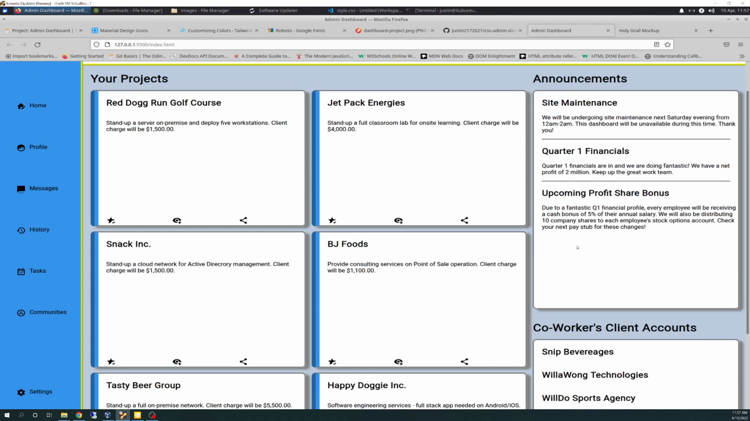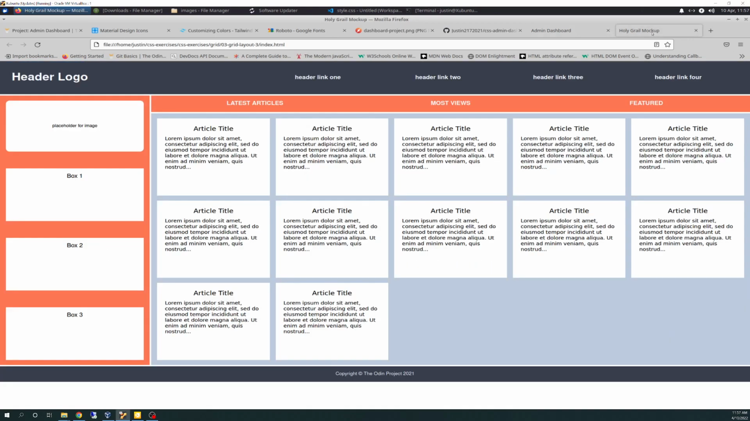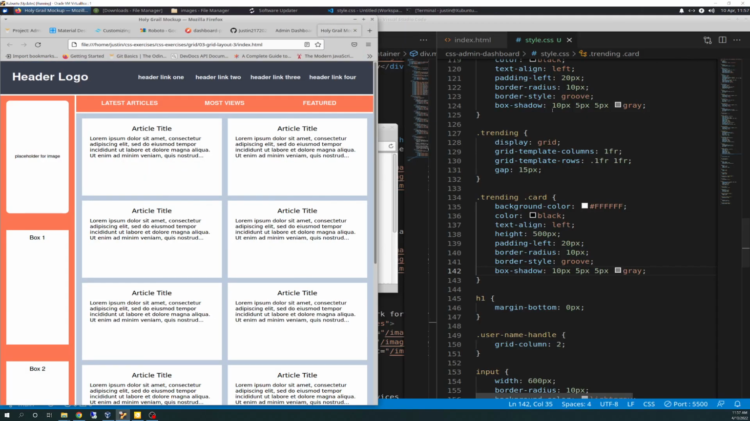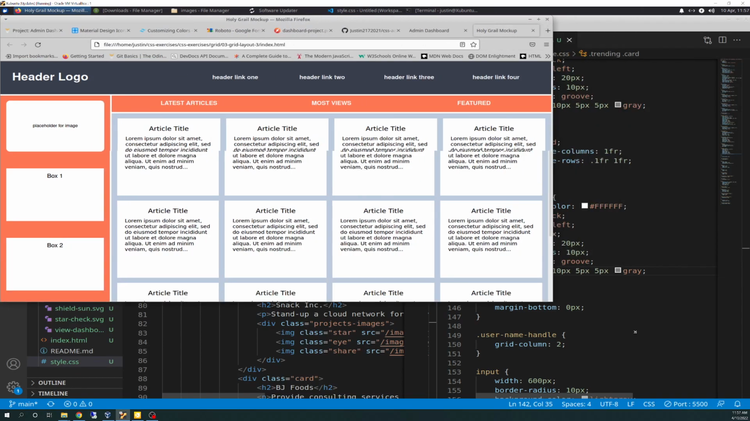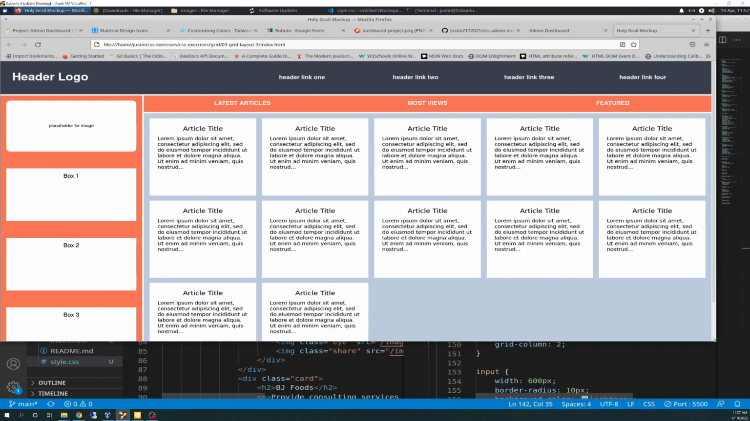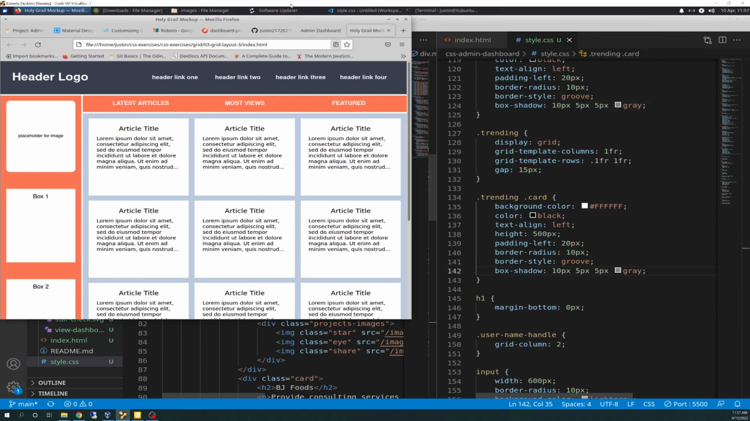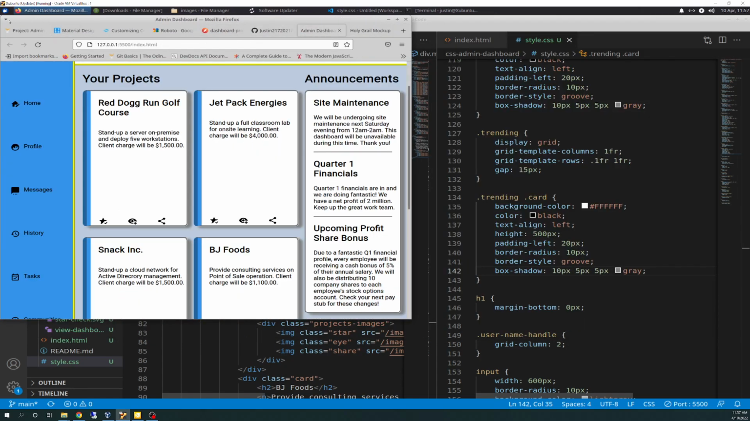I will say I made several attempts here to try to make this responsive, like we did with the Holy Grail markup. If you remember, if you resize it, see how the articles shift. We went over this in one of the other videos. I was unable to do that with the admin dashboard. It got overly complicated because I have so many nested grids, excuse me. So it made it difficult to try to get it to